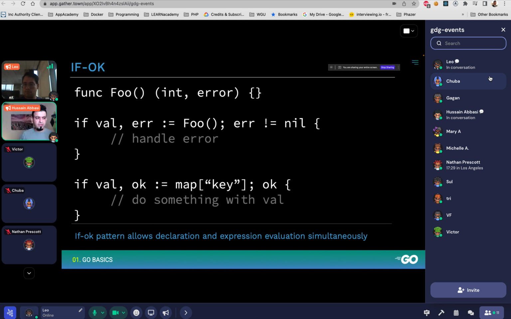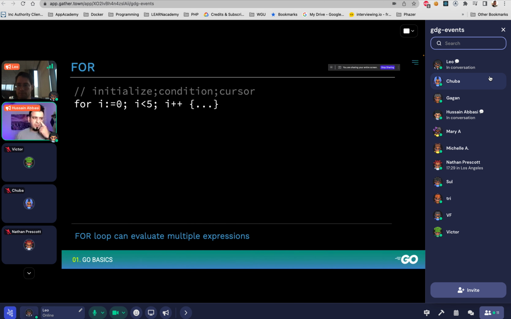You can just say, give me the value, comma, ok, which means if the key exists in that map, it'll return true, otherwise it'll return false. So I can just check, did the key even exist? It won't explode, throw an exception, or panic to say this key doesn't exist, crash the app. It'll just return false that this key didn't exist, do something else. So it's pretty cool. It's an easy way to do it.